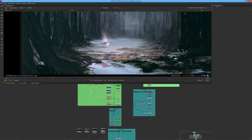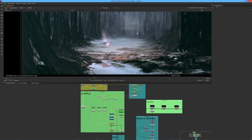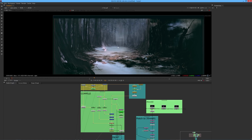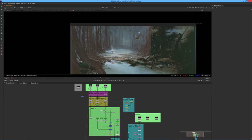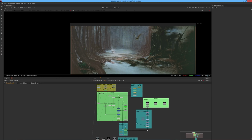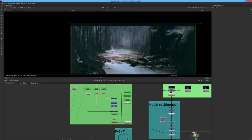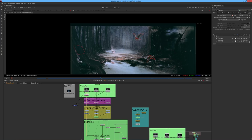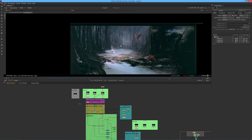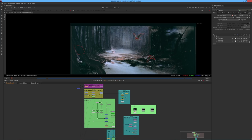And the next step is, let's go a little further in the shot so we have the birds in there. As you can see, of course, when I switch back to the 35mm here, the painting is now covering the birds here, okay? So what I have to do is rotoscope the birds, and I use the raw plate that is denoised, stabilized, color corrected, the same as my cleaned version. So I can now just draw these masks around those birds,